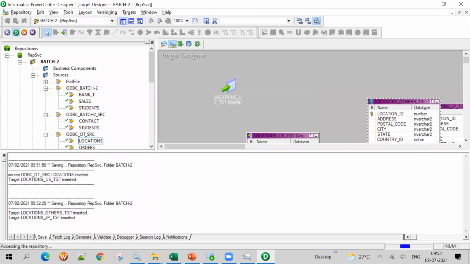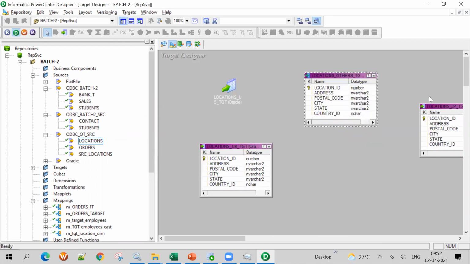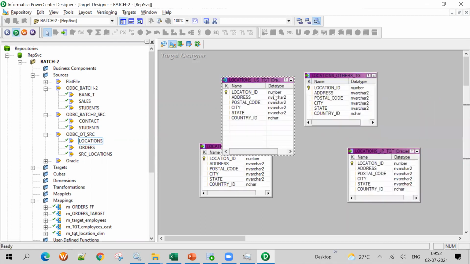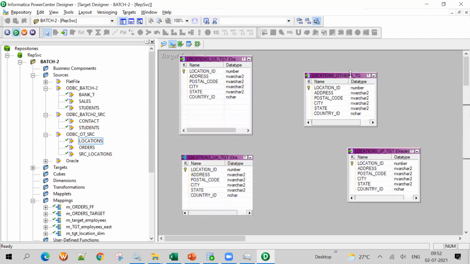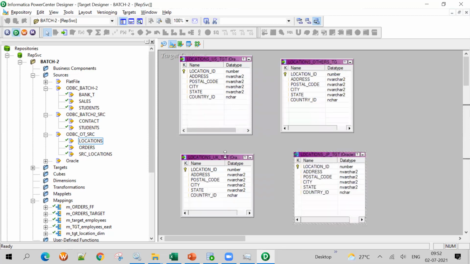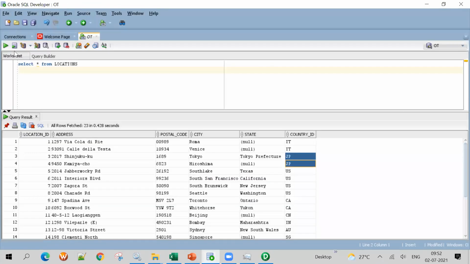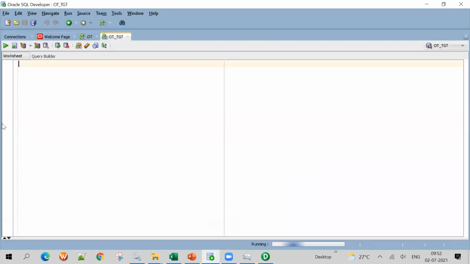So we copied 4 tables: locations UK TGT, others TGT, JP TGT, and US TGT. We don't do generate and execute SQL yet. I just copied, and these are not present in my target still. One doubt: will we import all the tables from source to target and do generate once, or generate and execute after importing each table? I will tell.